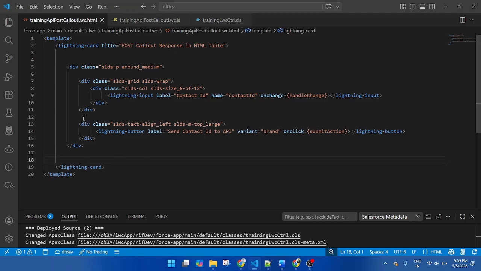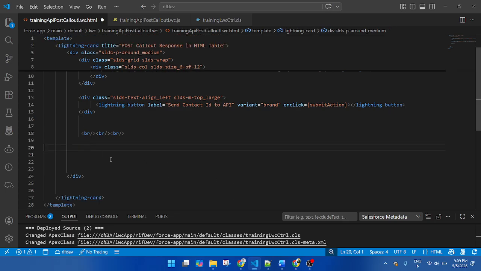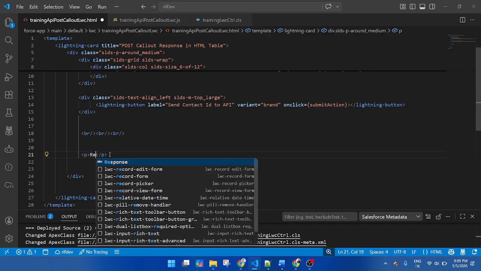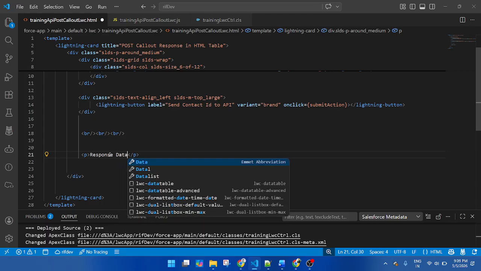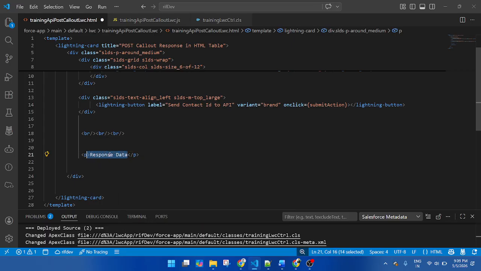So first, after the button, I will create a br to give some space, and use b for response data as a heading.